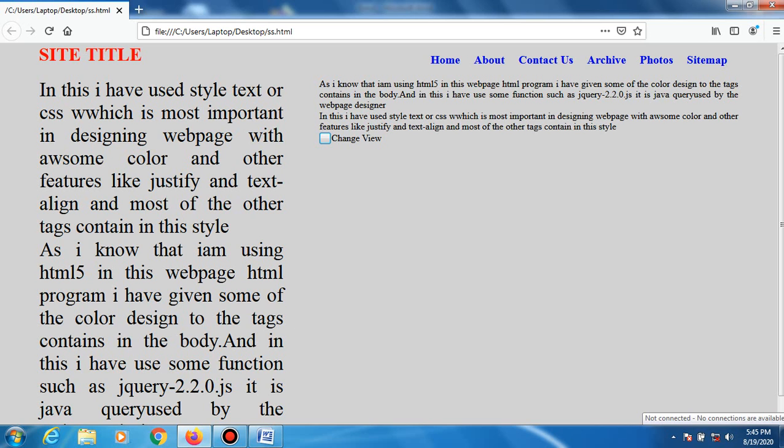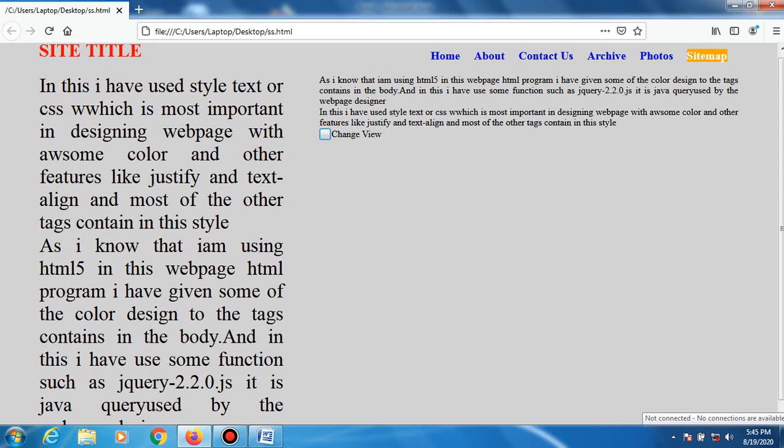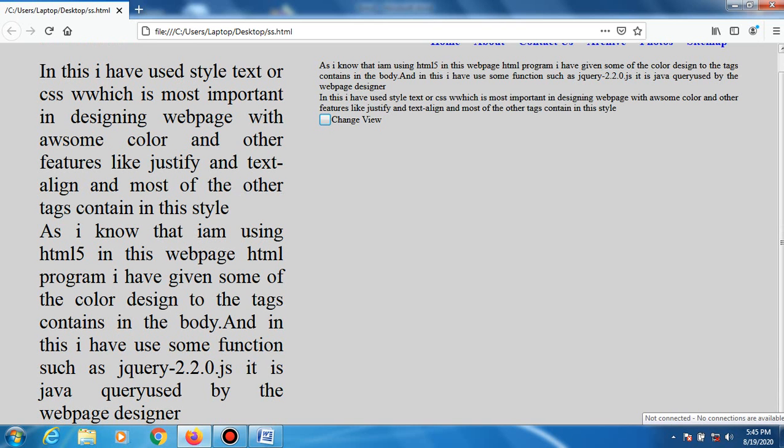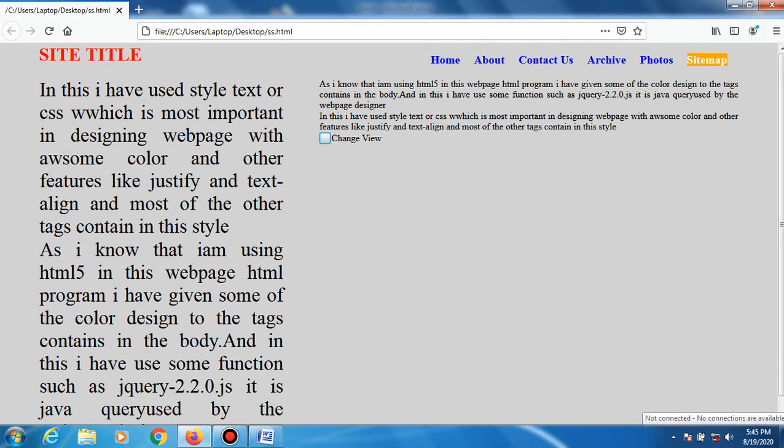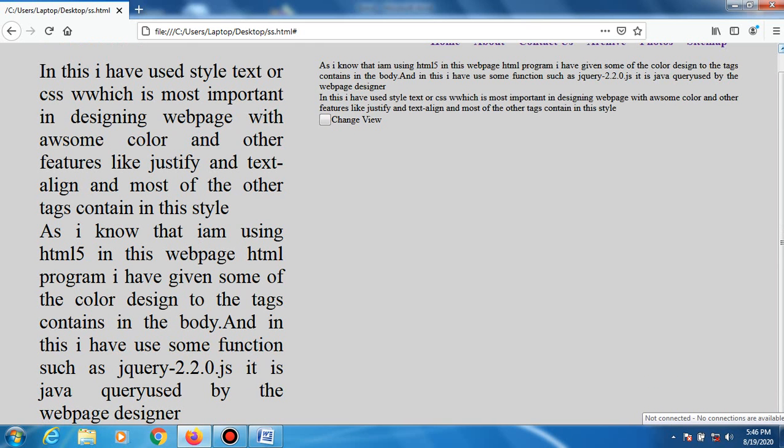Similarly, there are 6 words which have the same color and have links, right? When you go to this, the cursor shape also changes. When you click this, it will be connected to that link, right?